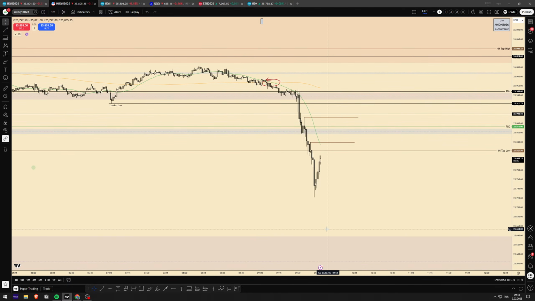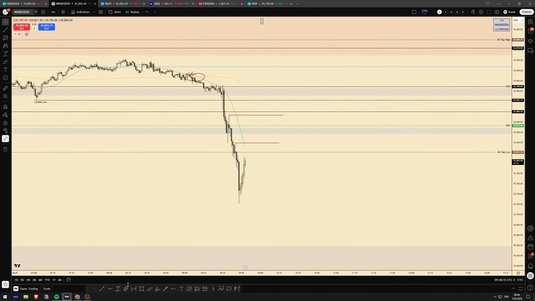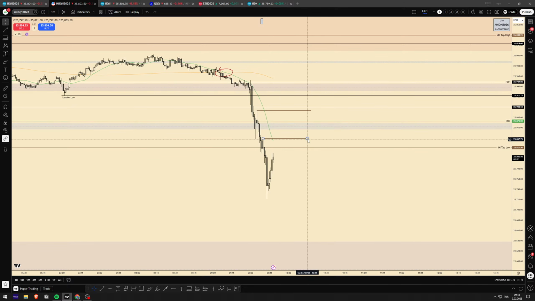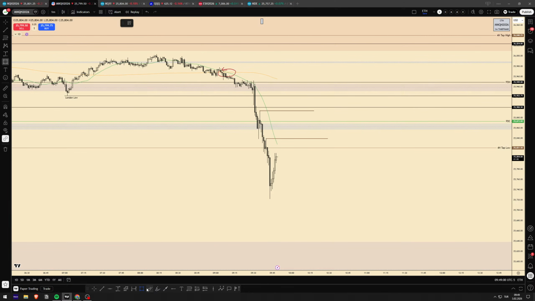Okay, what do I mean by characteristic? This is our liquidity level, right? If price comes and sweeps it and makes a triple top like that, and then moves back lower slowly, and then if price looks like it is giving something like that once again, I might wait for a triple top once again, because